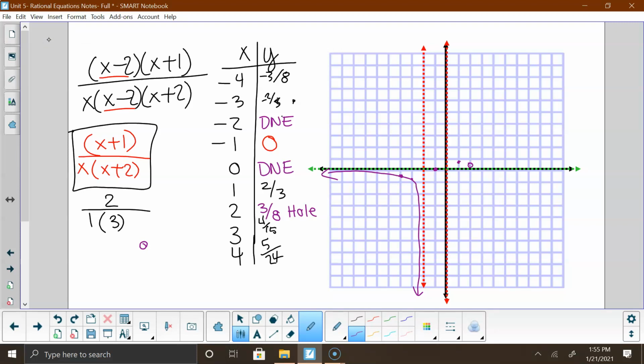3 is at 4/15, and 4 gets even tinier. I've got something that goes a little like this. Now, when it comes to your test, I wouldn't give you one quite this complicated, and if I did, I wouldn't make you graph it, simply because you don't know what's happening yet. There's a few different things that could be happening. You could have what looks like this. But you know there's a 0 there. So